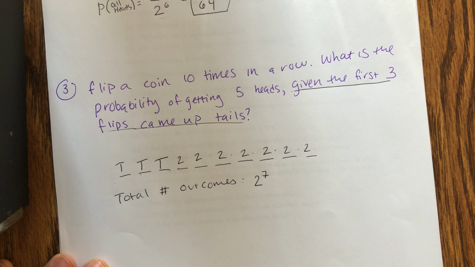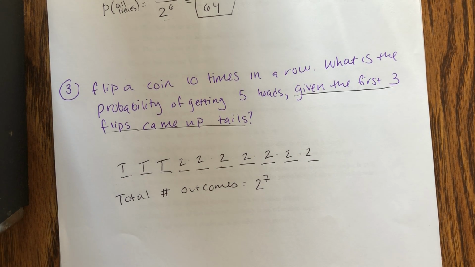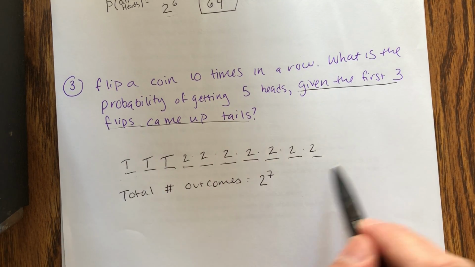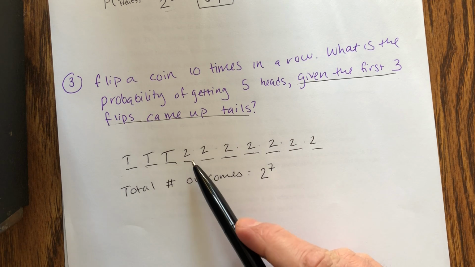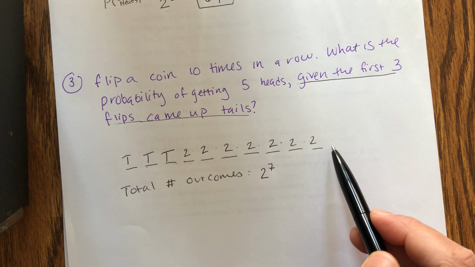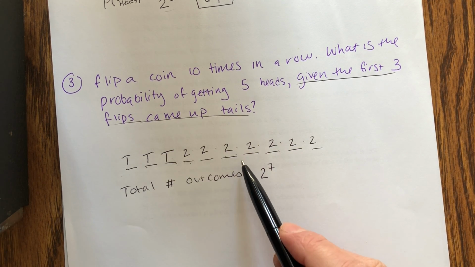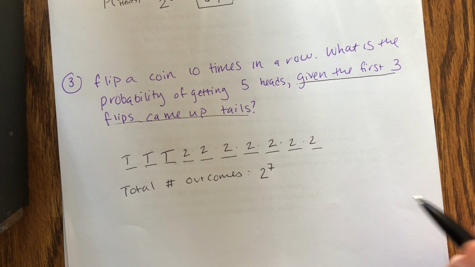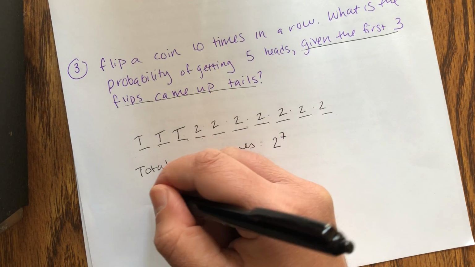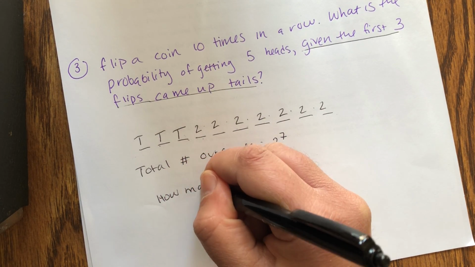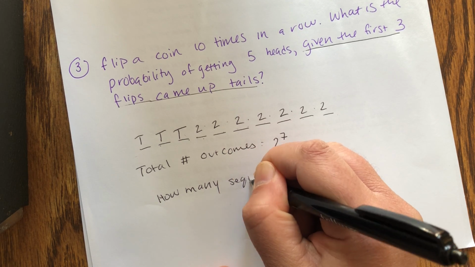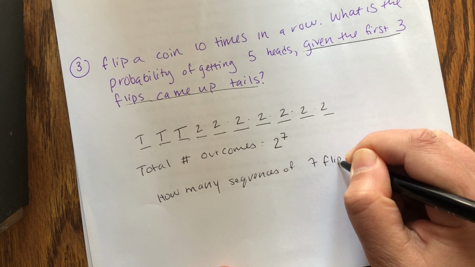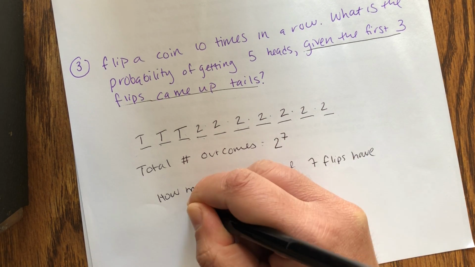Okay. Now we want to know, in this scenario where your first 3 flips were tails, what's the probability that you got altogether a total of 5 heads? Right? Meaning out of these last 7 flips, what's the probability that 5 of them were heads? Okay, so we need to find how many sequences of 7 coin flips have exactly